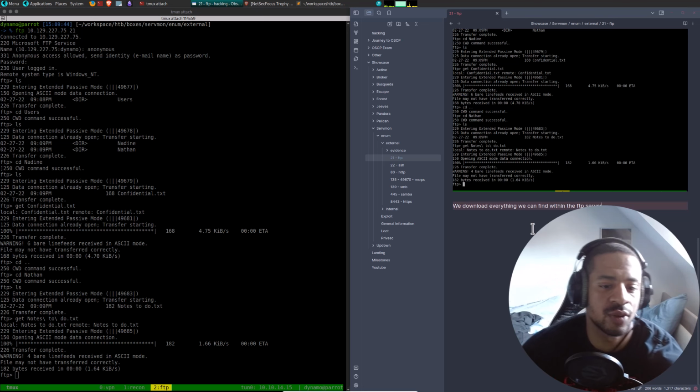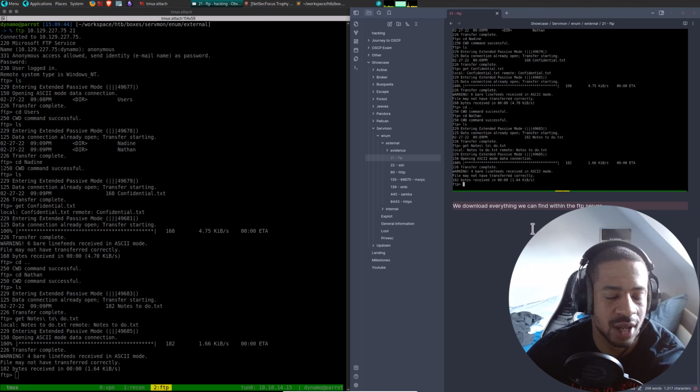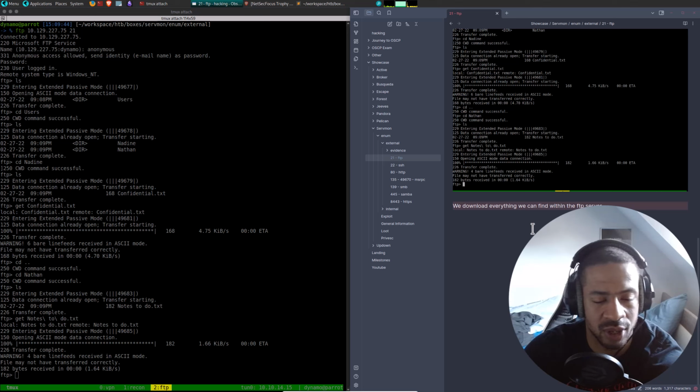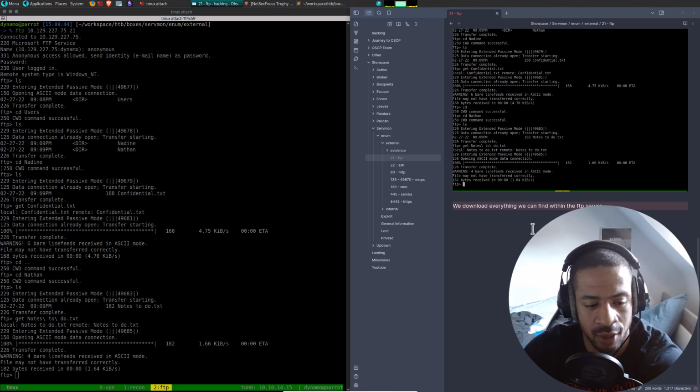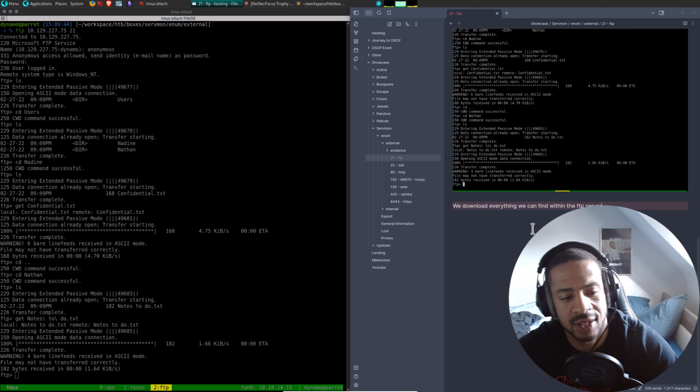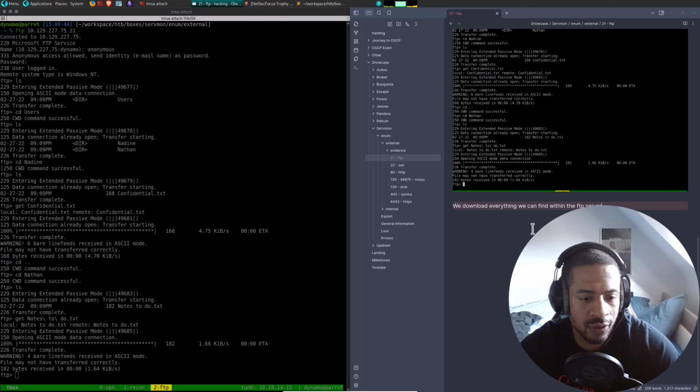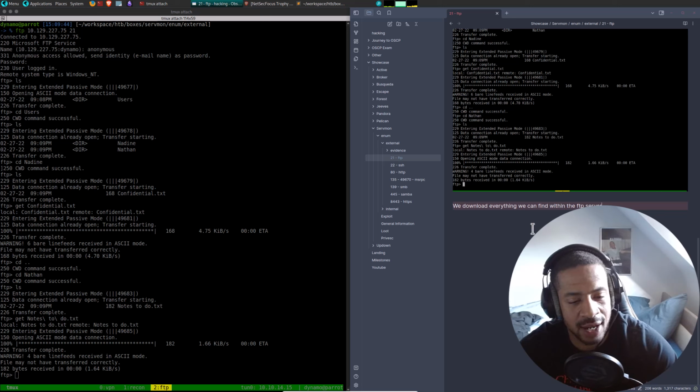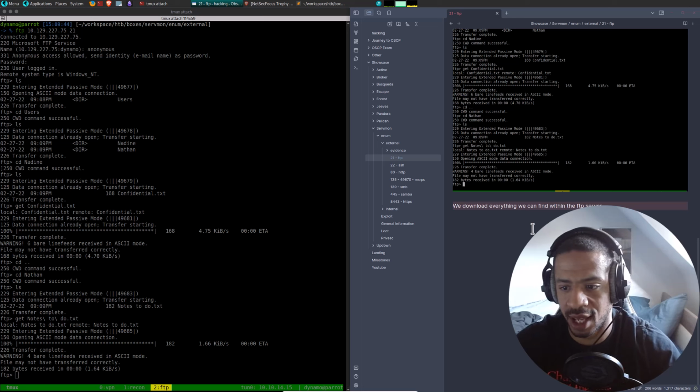What we could have done is a recursive download, like we once did in the previous box all the way in the beginning with SMB client, which is like prompt off and then mget everything. I believe that's possible in FTP as well. It's just we were first enumerating, so we did it like this, a bit slower, but it's the same thing.